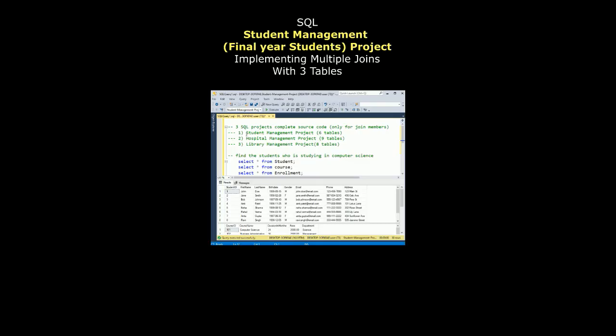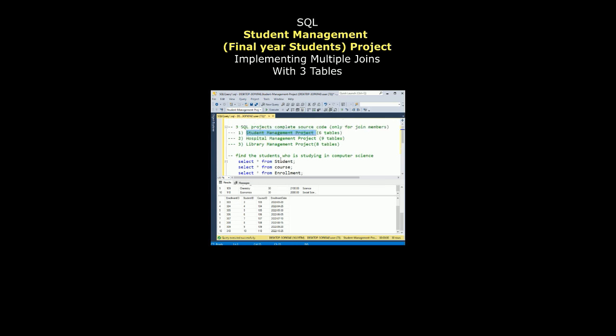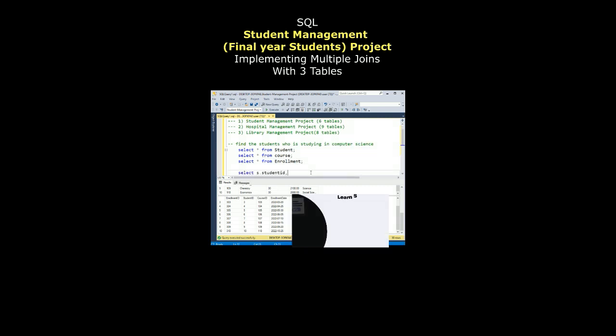This tutorial is related to the student management project. Now the question is, find the student who is studying computer science. If you notice, I have 3 tables: one contains student information, the second contains the course information, and the third one is the enrollment data. Now based on these 3 tables, I want to find who is studying computer science, the student name. So the query is,